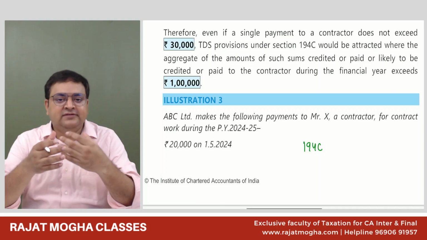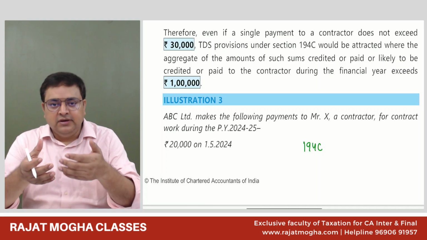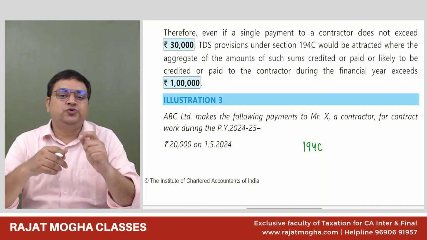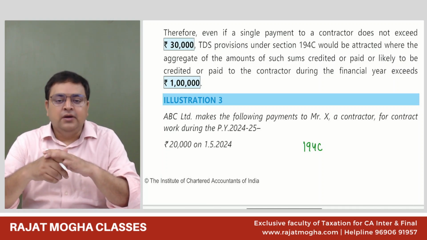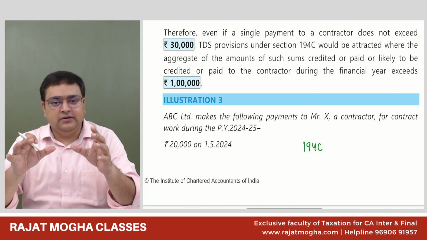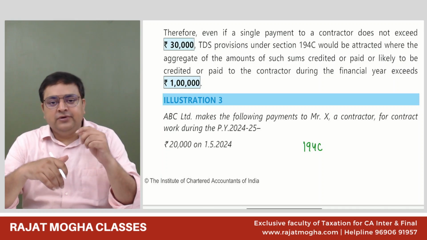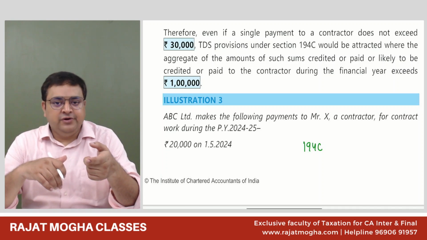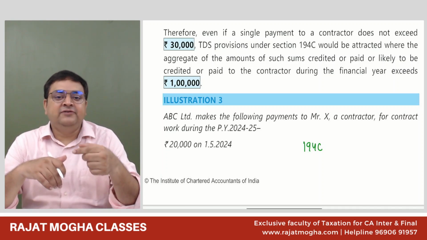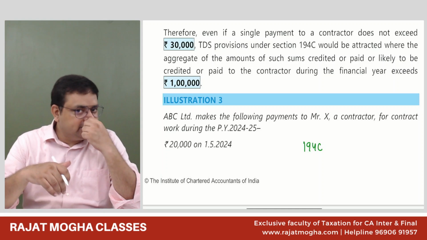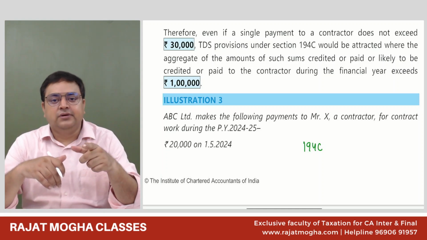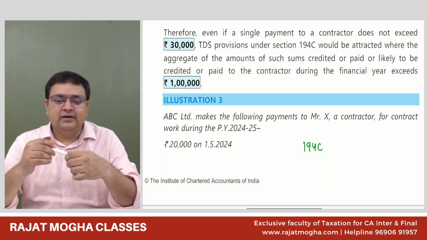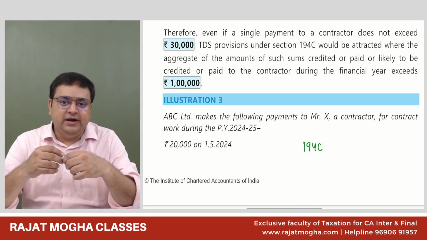And who is the TDS deductor? Any person could deduct TDS except individual or HUF. But please don't use the words small or big in your examination. So TDS can be deducted by any person other than individual or HUF. However, if the individual or HUF turnover of the last year is more than 1 crore in case of business, and if they are doing profession more than 50 lakh, then they are also required to deduct TDS under 194C.